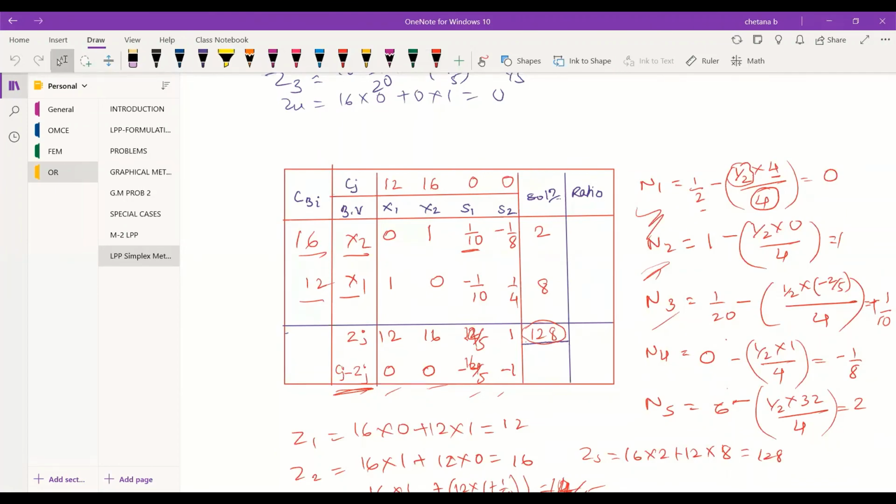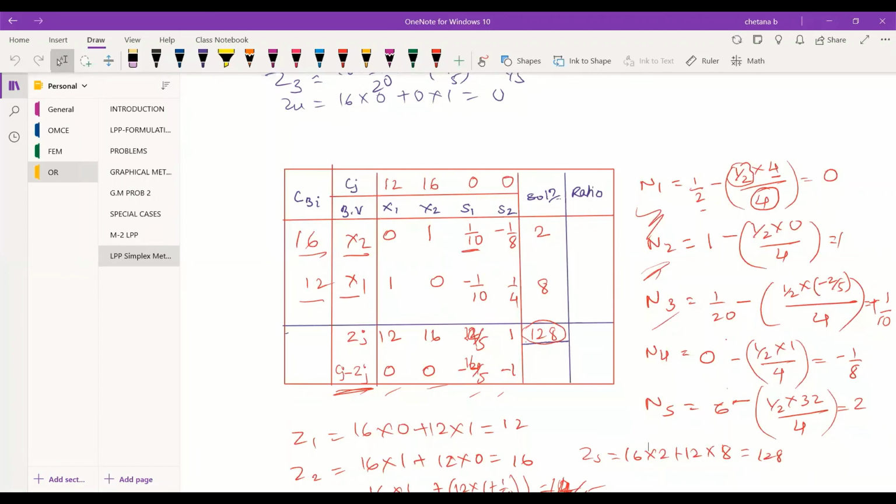And one more thing, if you are referring to some textbooks, in some of the textbooks they take it in the reverse manner, that is Zj minus Cj. Even that is okay if you are doing like that, but the end result should always be correct. What you are stating and what you are writing should be correct. You can refer to any procedure from any of the books, the answer will be the same.